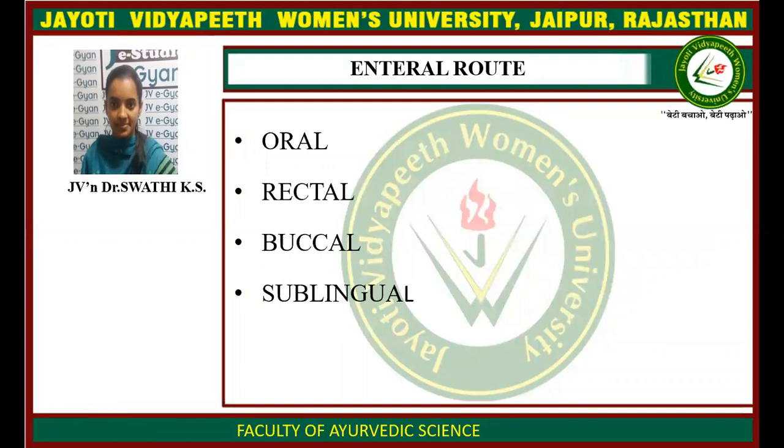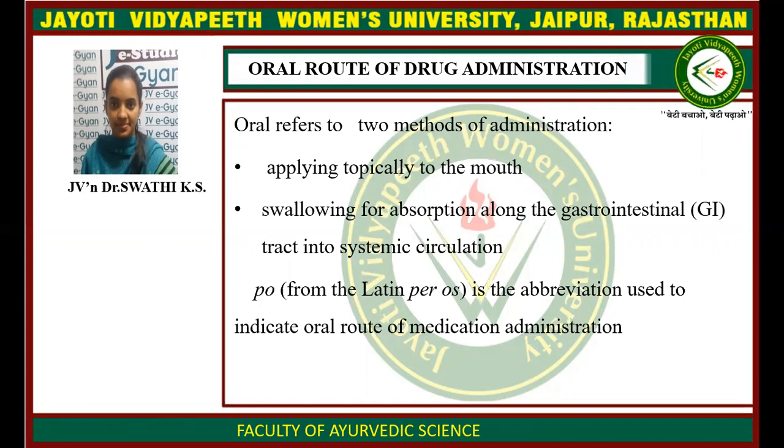Coming to the enteral route, it is again divided into four types: oral route, rectal, buccal cavity, and sublingual route. Coming to the oral route of drug administration, oral refers to two methods of administration: applying topically to the mouth, as well as swallowing for absorption along the GI tract, that is the gastrointestinal tract, into the systemic circulation. PO, which is from the Latin word os, means perorally, is the abbreviation used to indicate the oral route of